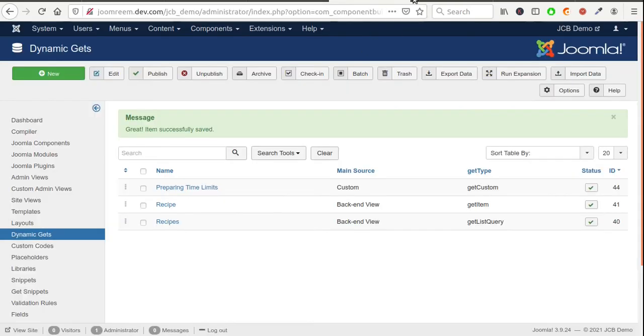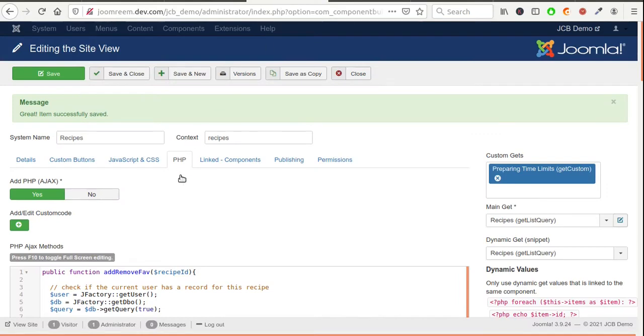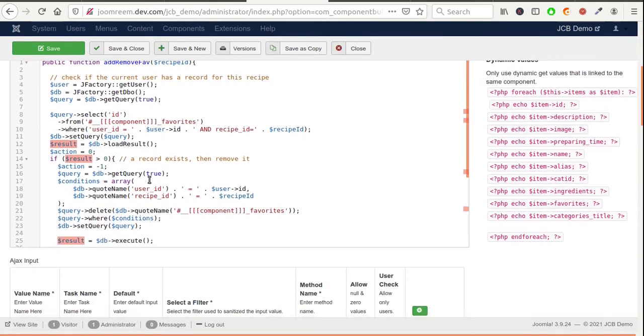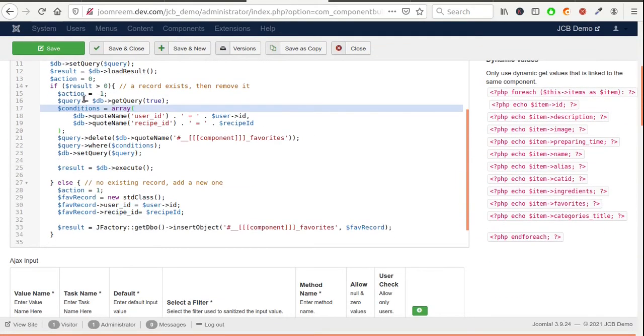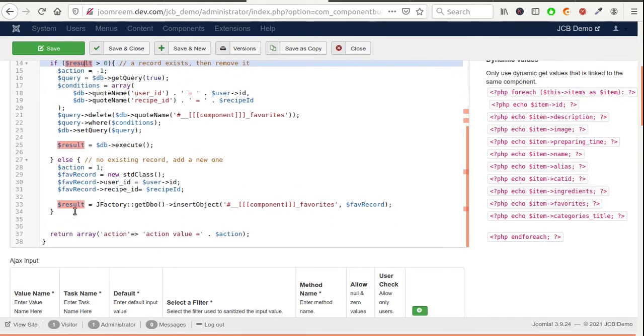Let's modify the Ajax model method again to make it update the favorites column of the recipe table and set its value to the total number of favorites records that have the same recipe ID.